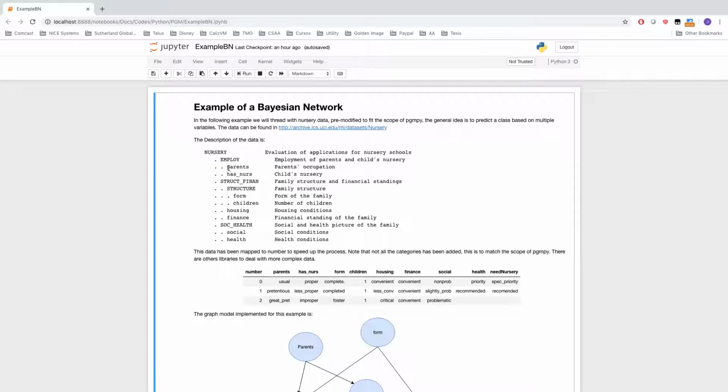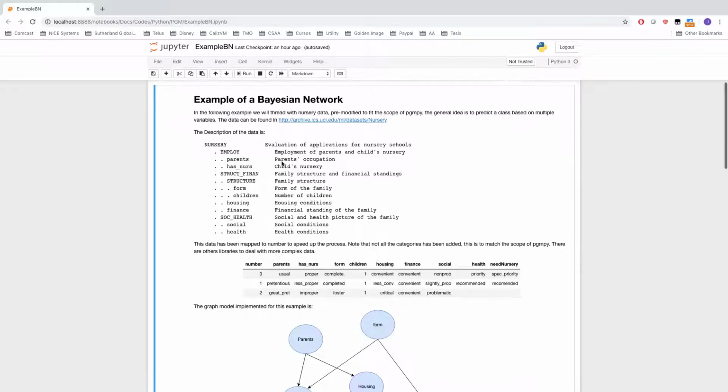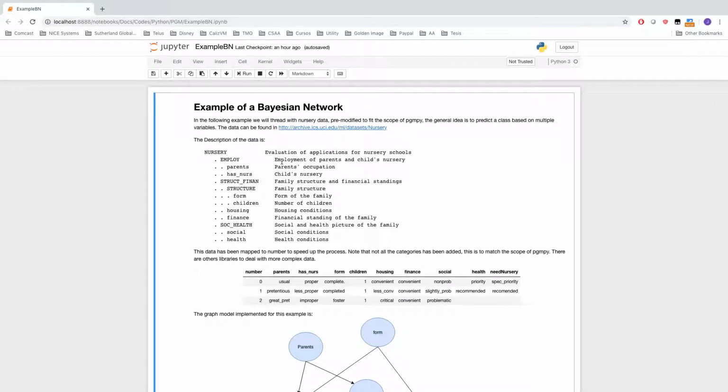The variables are displayed in this quick structure, which are the parents' occupation, if they already have a child's nursery, the form of the family, the number of children they already have, the housing condition, where they live, the financial standing, and the social health, which is the social and health condition of the family itself. However, for this example, this data set has been modified, and the reason behind that is because to train